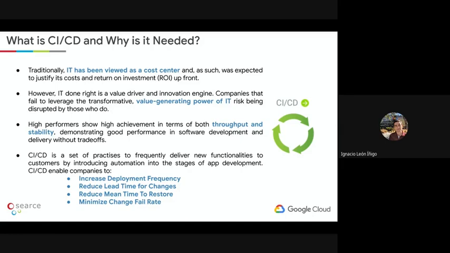They got this idea properly, and they are able to achieve high levels of throughput at the same time that they maintain good stability on their platform. So these are the two main concepts: would IT be seen as a value-generating resource in the organization, with throughput and stability being two of the main